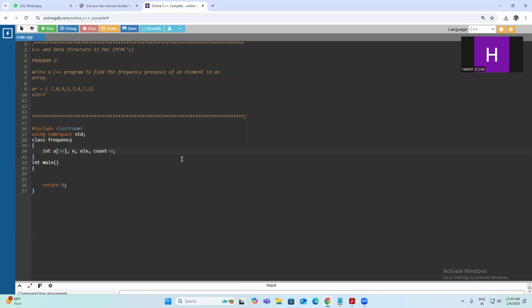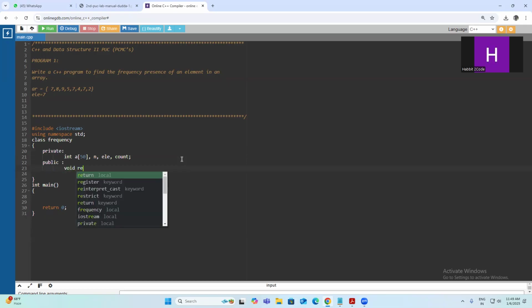This initialization we can do in the method, the function, also. These are the variables in the private section. Even if you are not writing the keyword private, until you write public, whatever you have written before the public keyword is going to be in the private section only. Now we'll have public, where we'll have member functions, void readdata,